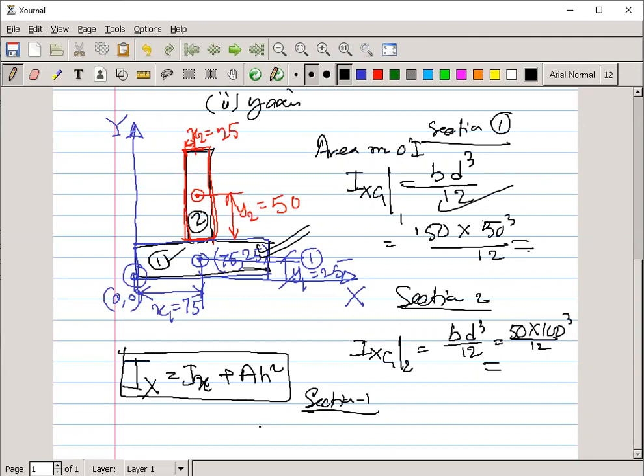The procedure: I of x. This I of x is nothing but this one, right? I of x means moment of inertia with respect to the centroidal axis. Can anyone solve this? 150, this is 150, right? 150 into 50 cube by 12, how much is it? Please tell me, anyone. 150 into 50 cube by 12. How much is it?